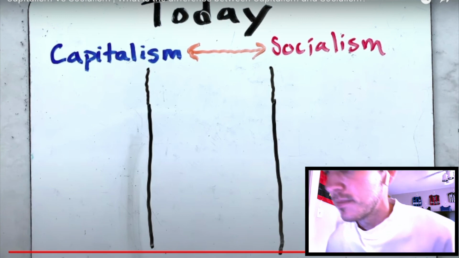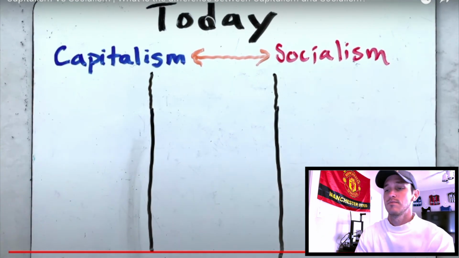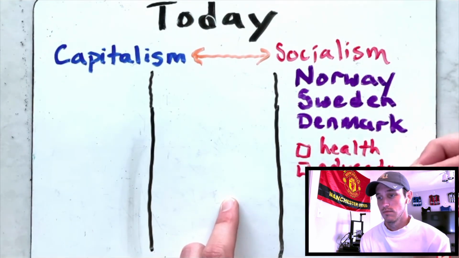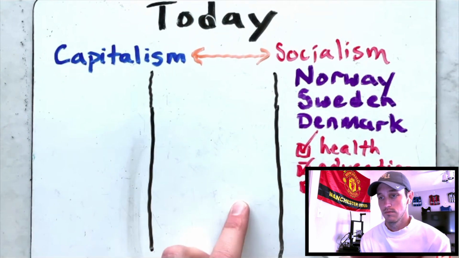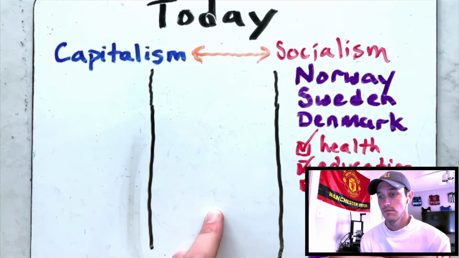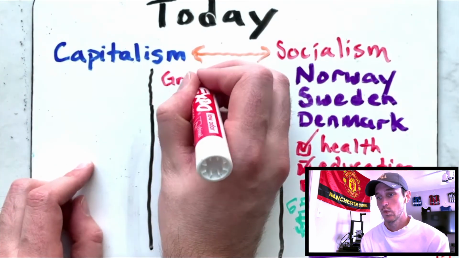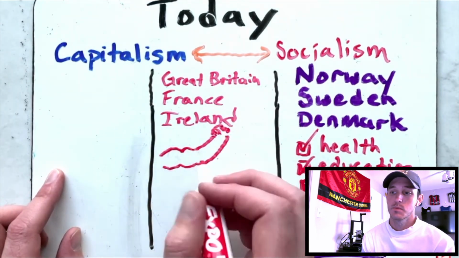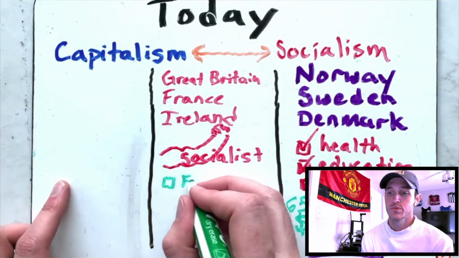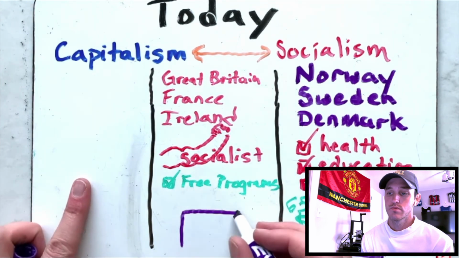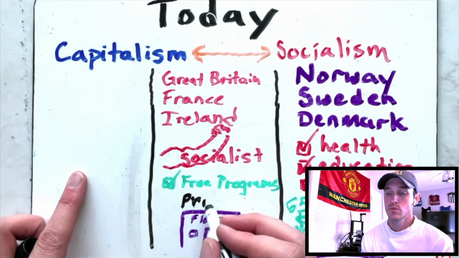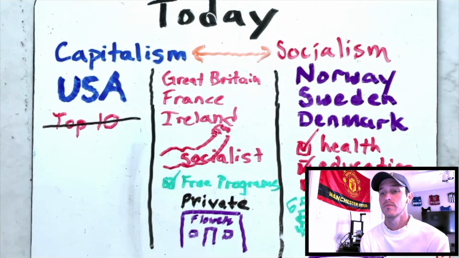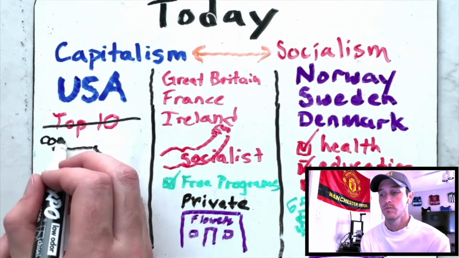equality, I guess. Denmark, generally considered socialist, the government provides healthcare, education, and pensions. However, private ownership of property creates a degree of income inequality, which is a characteristic of capitalism. Countries such as Great Britain, France, and Ireland have strong socialist parties, and their governments provide many social support programs. However, most businesses are privately owned, making them essentially capitalist. The United States, many label as a capitalist country, but it isn't even ranked in the top 10 most capitalist